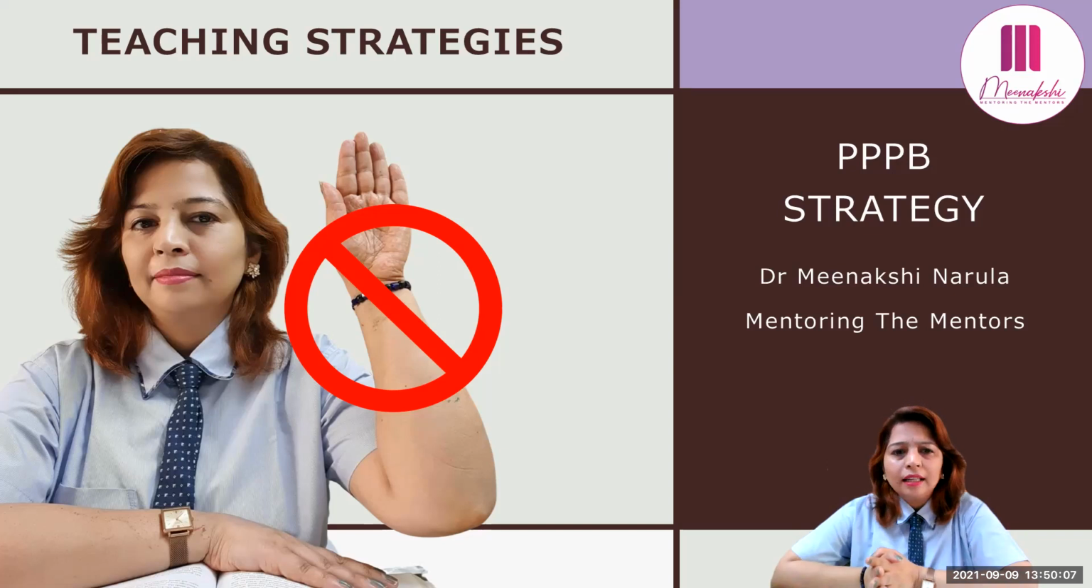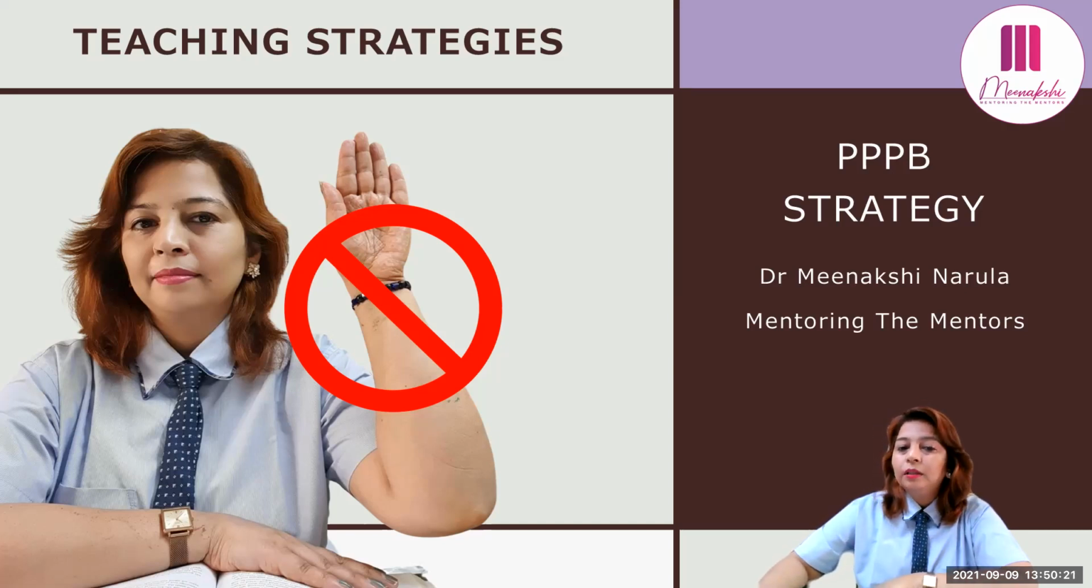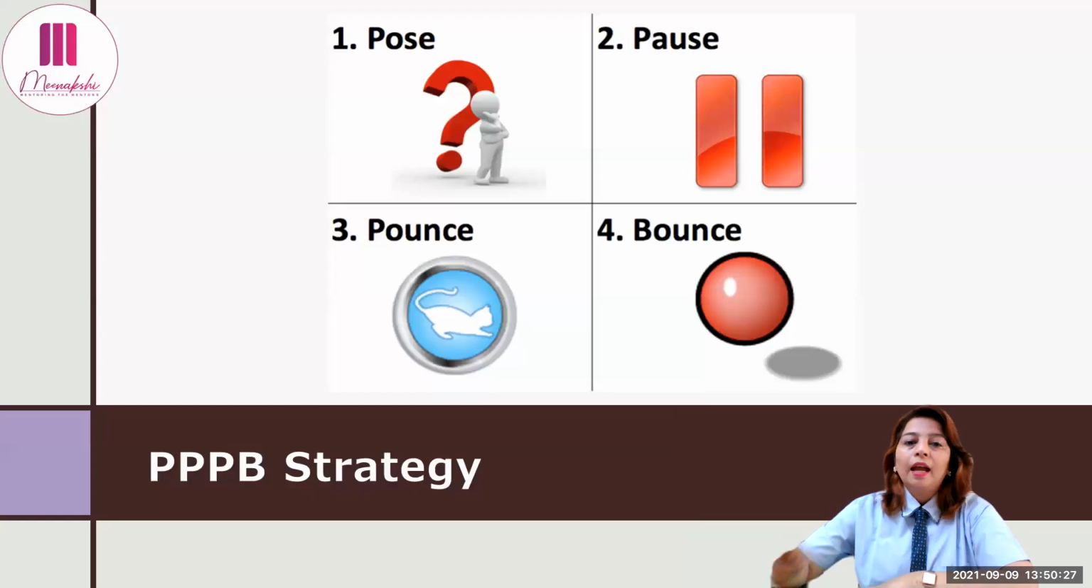So let us think about some strategies where we should say no hands up, except when they have to ask a question, right? So we need to change this strategy with the triple PB strategy, right? So what does it mean? It is